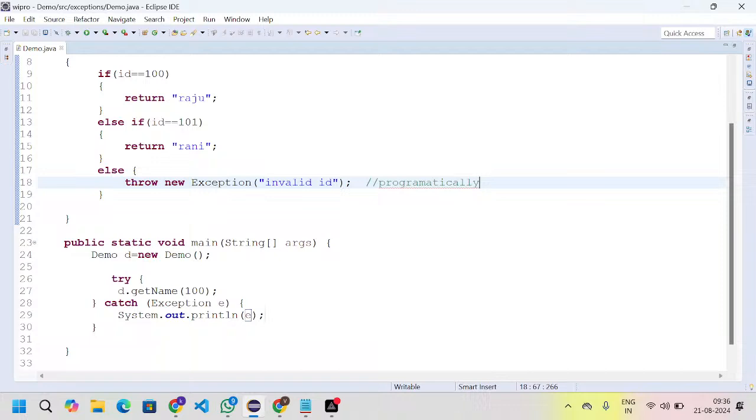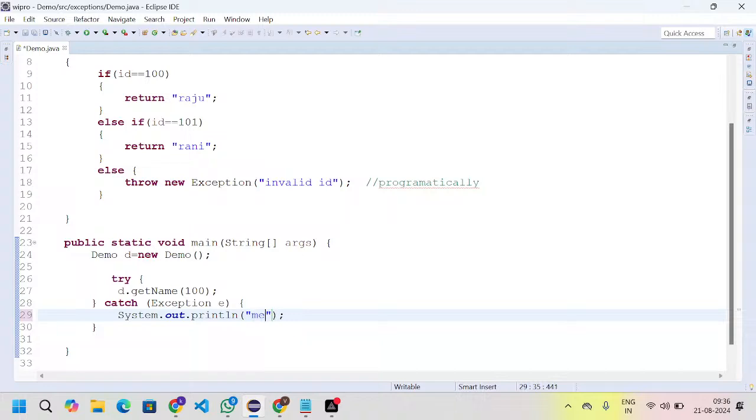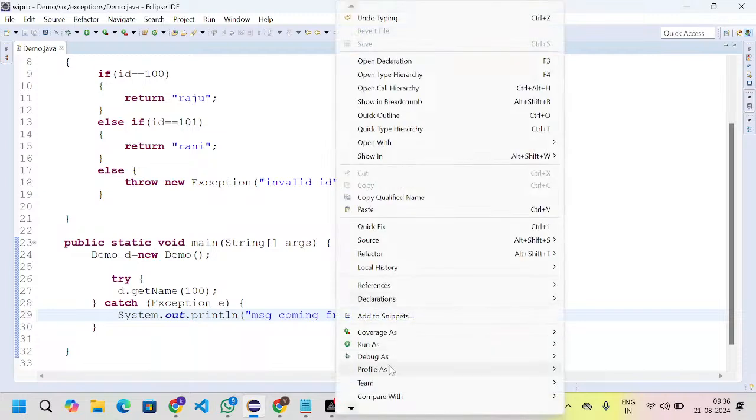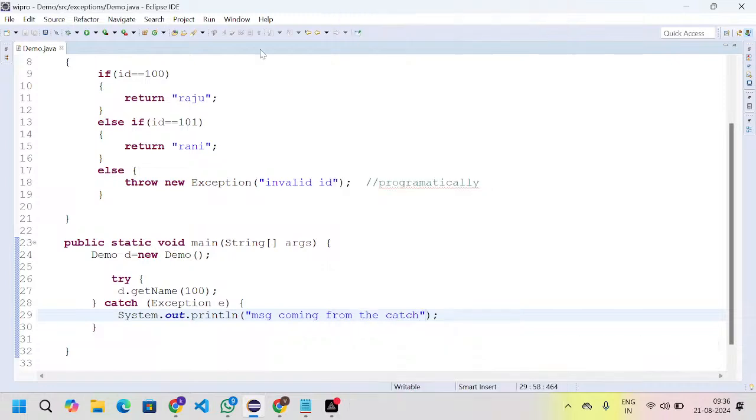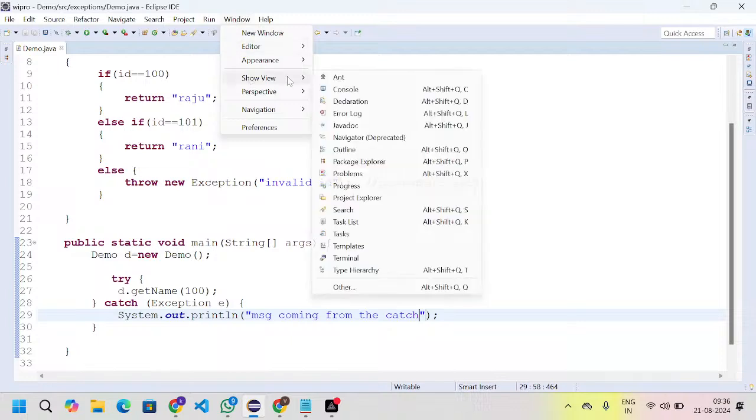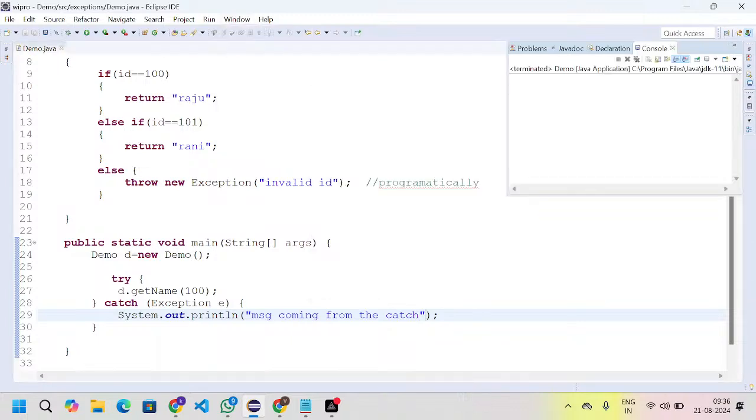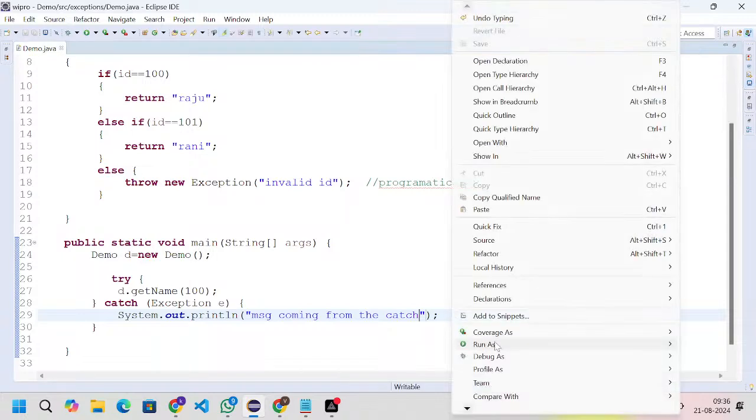We are catching that one, and we display some other message coming from catch. Okay, I'm saving this one, and then you save this one, and then